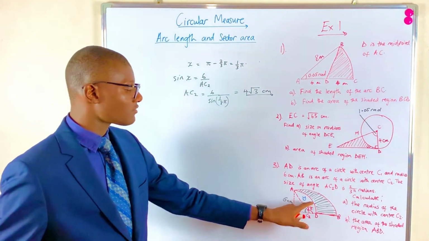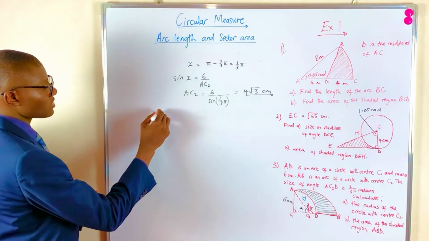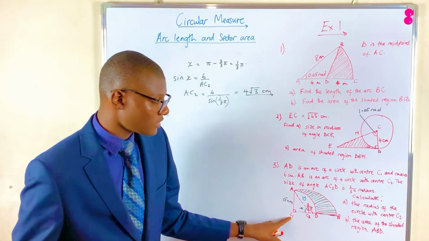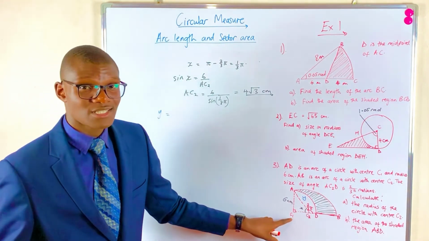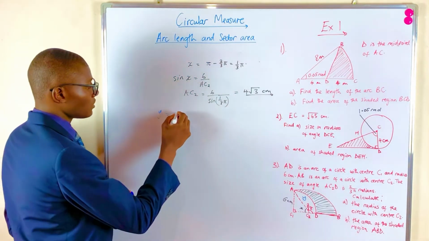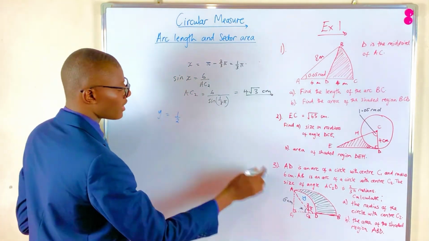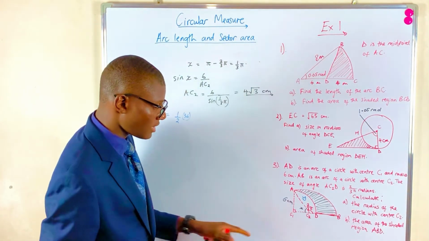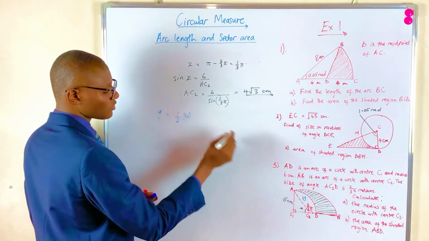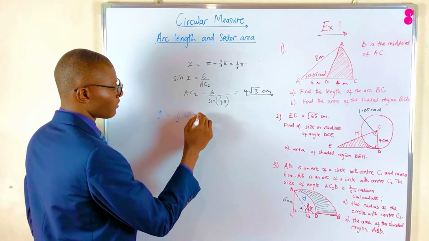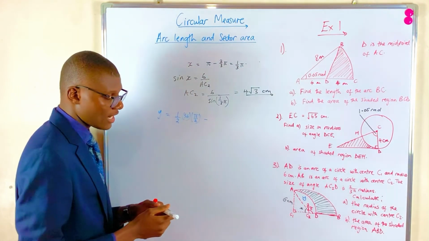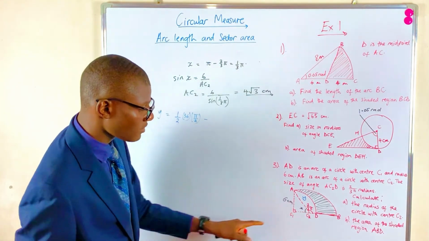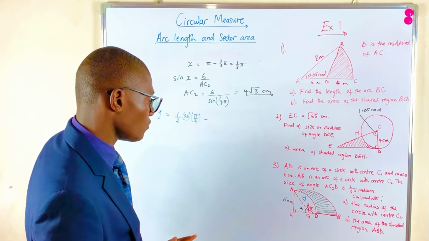So to calculate the area of this region Y, we're going to say the area of the whole sector with the center of C1, right? Which is half R squared, R being 6, that's 36, times theta, and our theta being 90 degrees, which is pi/2, right? Then minus the area of this right angled triangle, right? So for the area of this right angled triangle, what can we use? We know